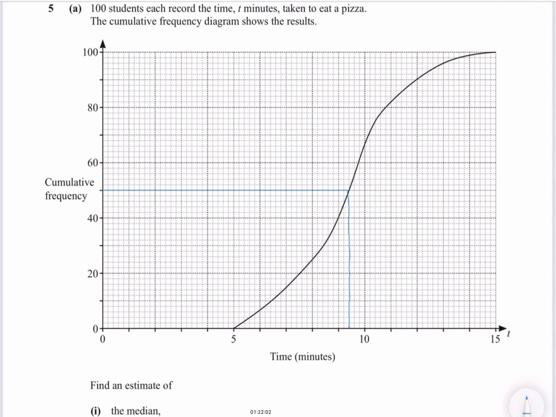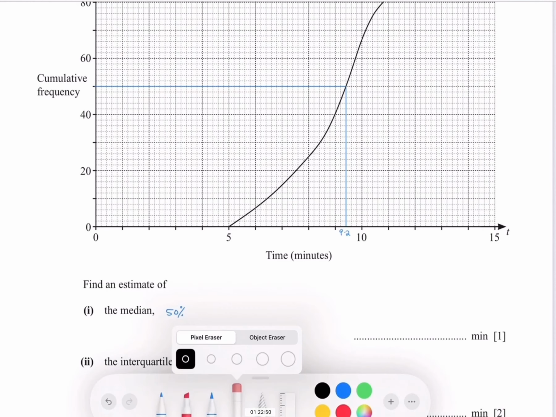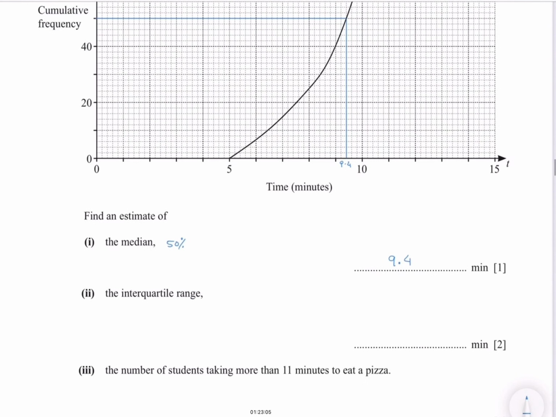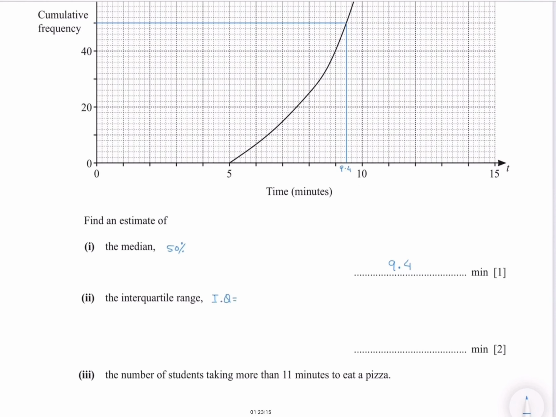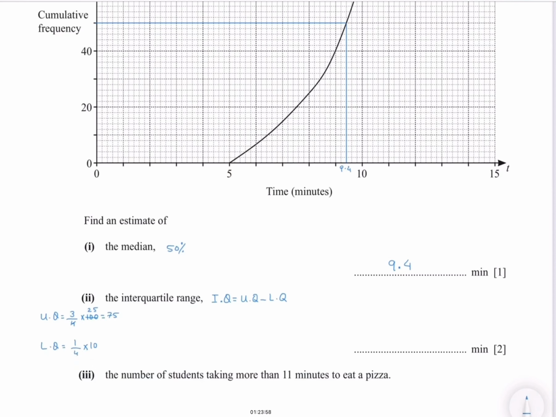Go to the graph. From the graph, go down to the x-axis and read this value, and this is actually 9.4. Yes, I corrected it. So 9.4 is your answer. Interquartile range is upper quartile minus lower quartile. Upper quartile is 3 over 4 of the frequency, which is 100. So 75, and lower quartile is 1 over 4 of 100, which is